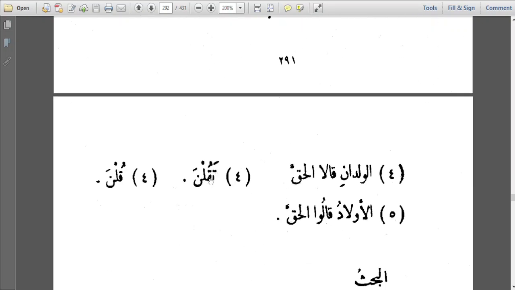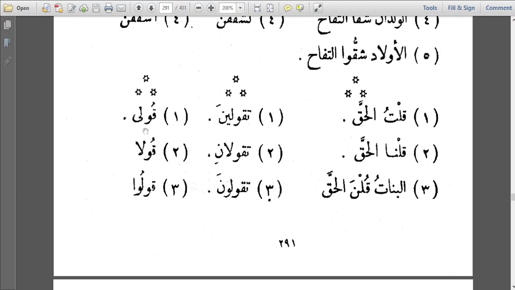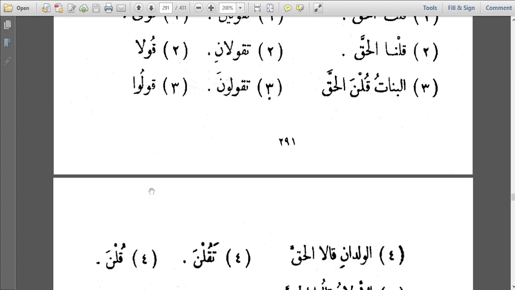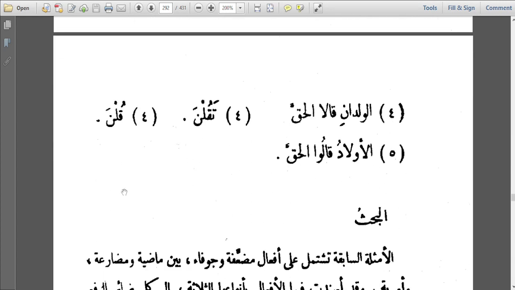And then we have taqulna. Why is it that the lam is having sukun? Because the domir al-raf'i here is mutaharrik. The ضمير الرفع here is mutaharrik. And so the lam takes sukun, and so the waw, which is the harf al-illa, is omitted. Same happens with kuli, kula, kulu, and then kulna. Okay,